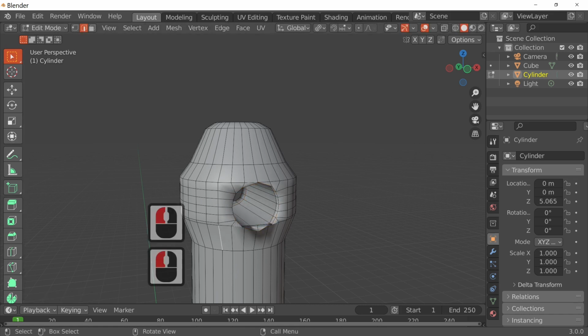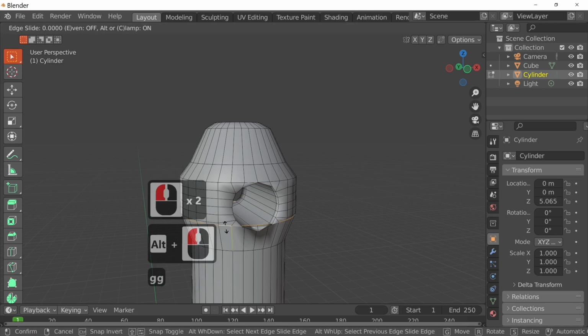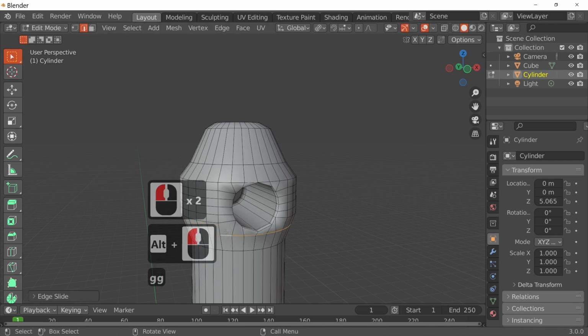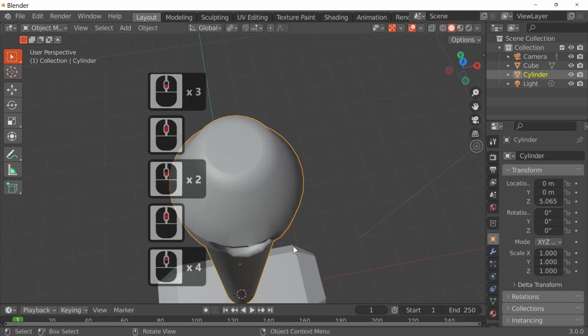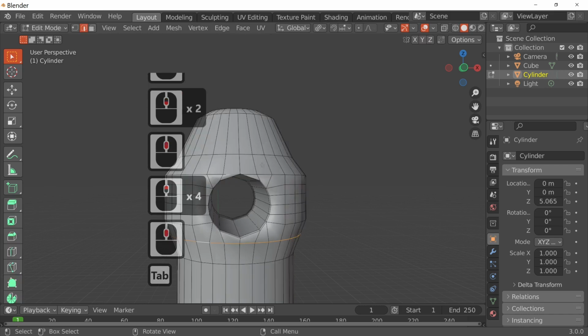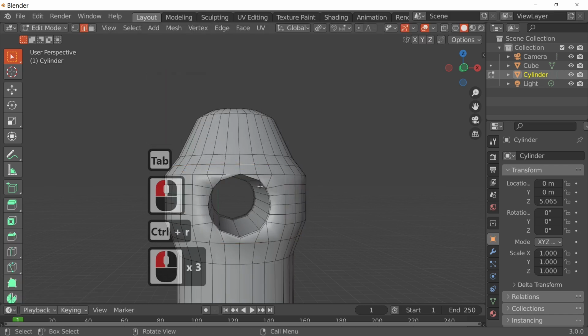As you can see, that line there is too low, so I'm just going to GG to move it in itself and take it down below. So I've done our handle with our hole in it. I'm just going to put another loop cut there just to sharpen things up.